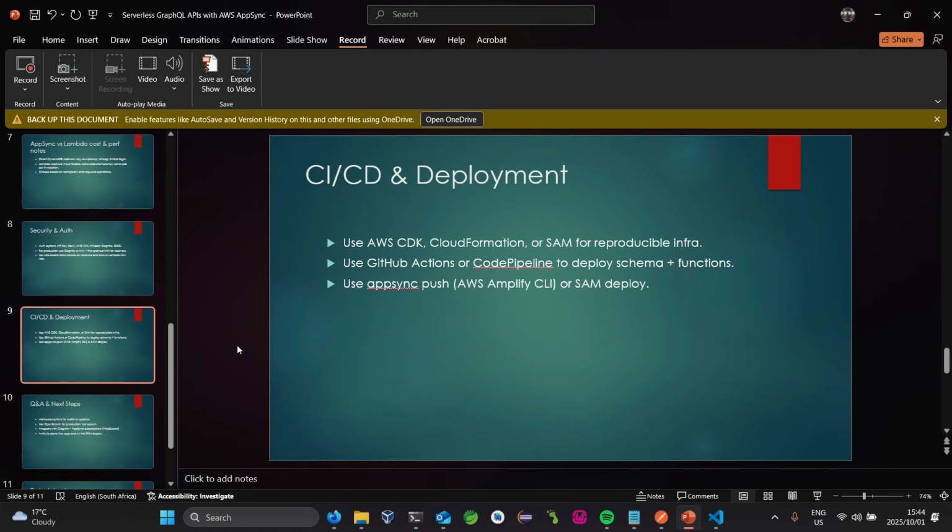So let's look at the CI/CD and deployment pipeline. Of course, using AWS CDK and CloudFormation, in this case we'll be using CloudFormation to do the deployment in conjunction with SAM. As I said, SAM stands for Serverless Application Model. It's a build tool for deploying serverless applications on AWS using CloudFormation. Also, you can use GitHub Actions or CodePipeline to deploy the schema or functions, or use AppSync to push to AWS Amplify, CLI, or